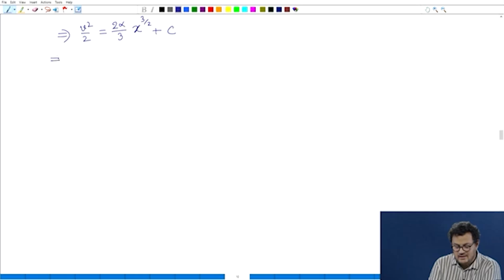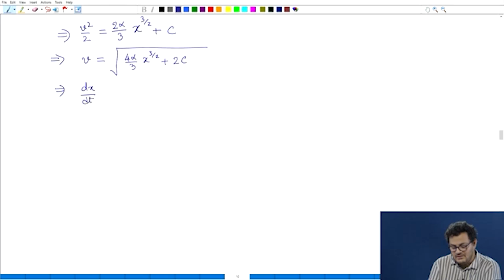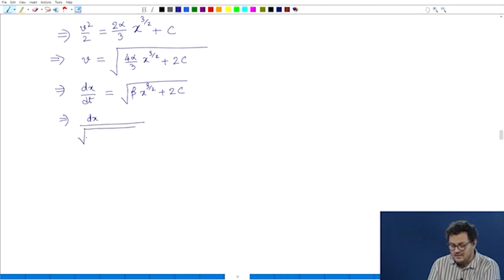From that, in the next step you can do v is equal to 4 alpha over 3 x to the 3 by 2 plus 2c, whole root, and that is now your dx by dt. And with this being a function of x, 4 alpha by 3 can be another constant beta, x to the 3 by 2 plus 2c, which is a constant. Then you have to just smartly integrate this thing, and that I leave up to you to do,